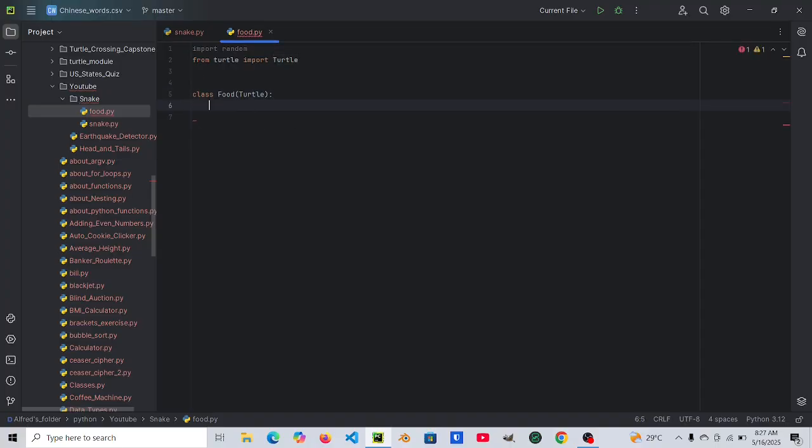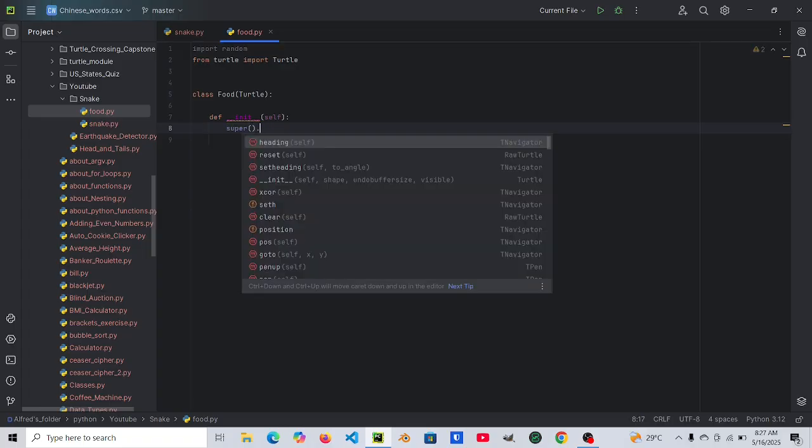And then say def __init__(self): super().__init__()